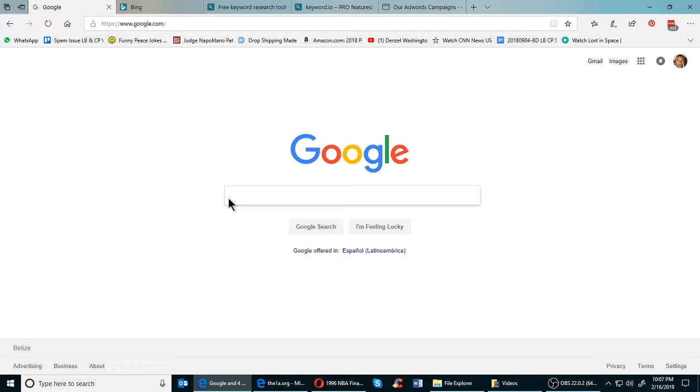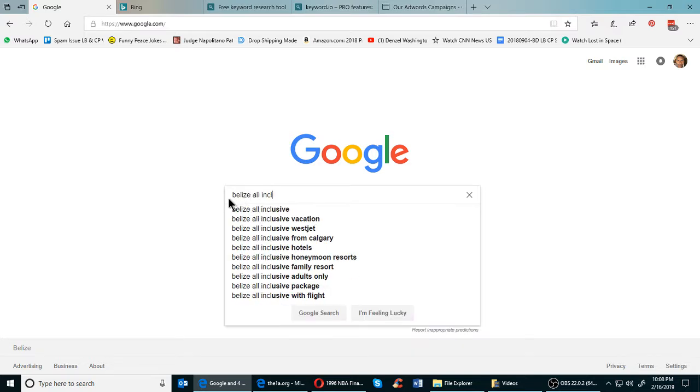So, for example, if you want to begin to see what search terms people are using on the internet to find the type of product or service you're offering, the first thing you should probably do is just go to Google and type something in. If we were working at an all-inclusive resort and wanted to see what all-inclusive terms people are typing into Google, all we have to do is go to the Google search engine and type in Belize all-inclusive. And as you can see, there's a whole list of terms that show up here,